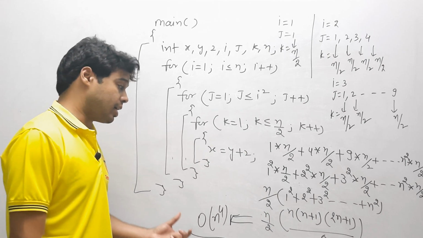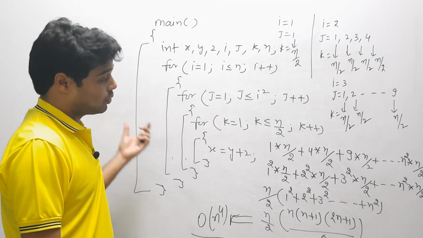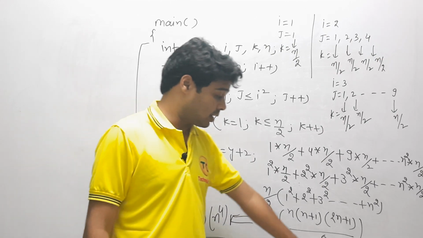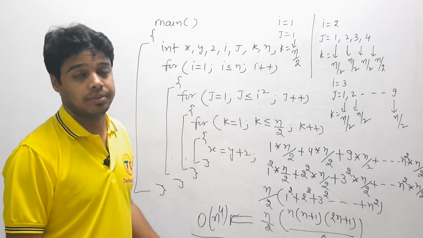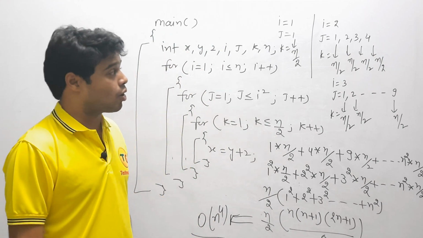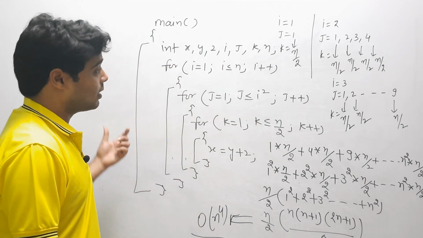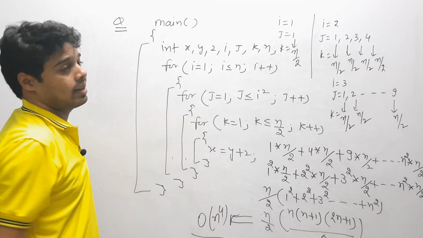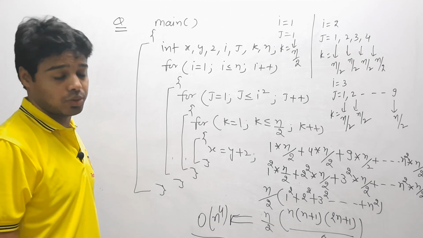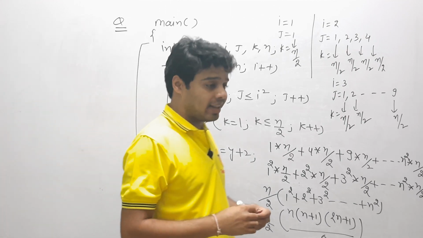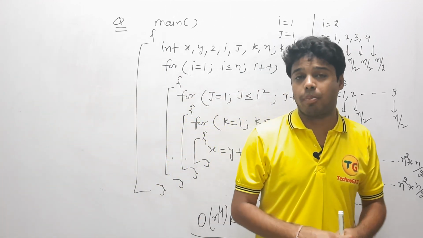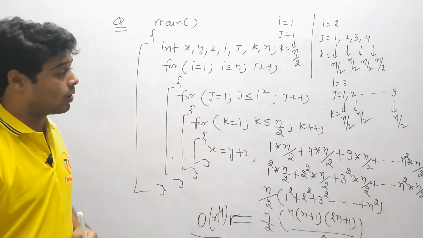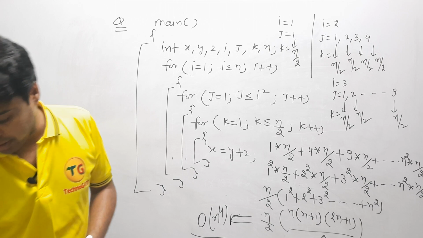So this is the way through which we can calculate the time complexity and the actual expression the program generates. We will take one more problem here. It's a very good example. Any type of problem you can see in the GATE examination or any other examination, you can solve. Time complexity is a very easy concept. If we read the program properly, then we can find the time complexity for any program. So let's take one more problem here.